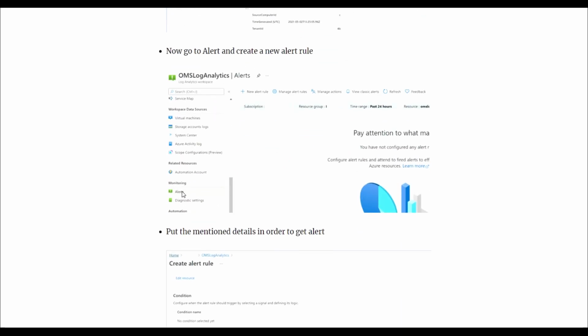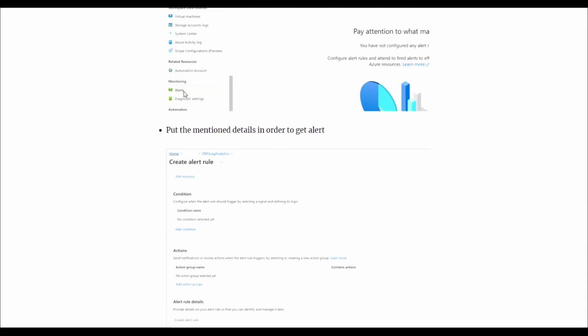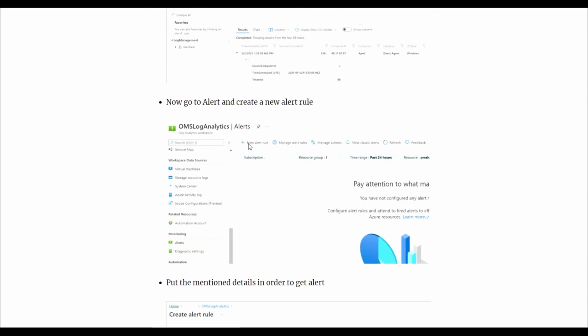After that, if you want to create an alert, you just go to Alerts and create a new alert. Once you click on Alerts, you will get this option. Here you need to add a new alert rule.